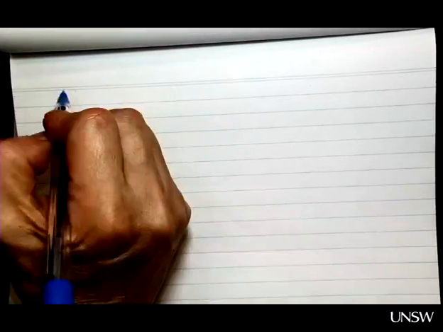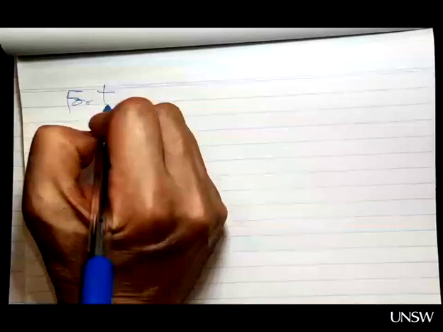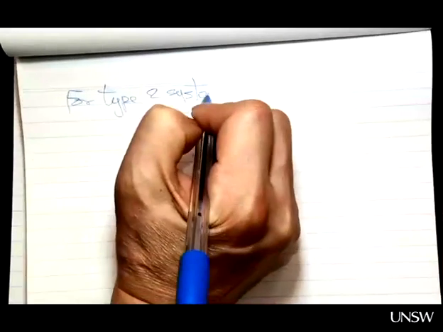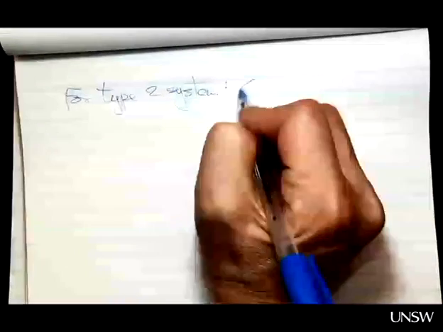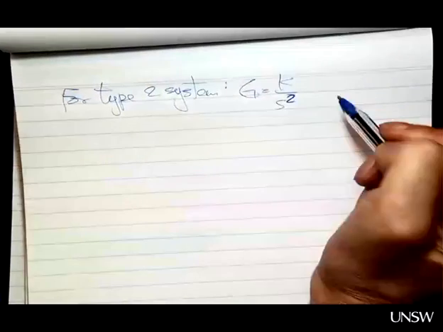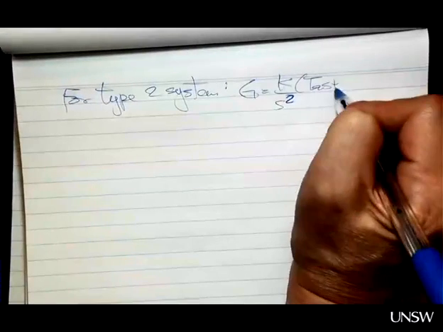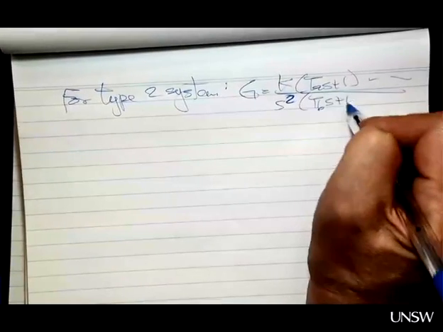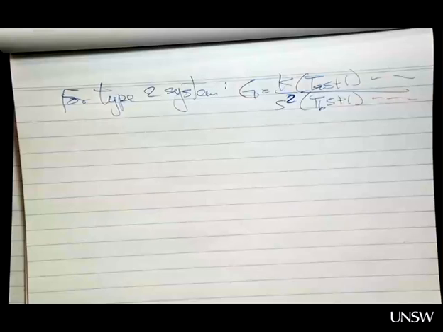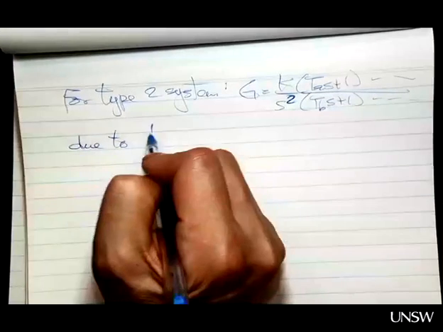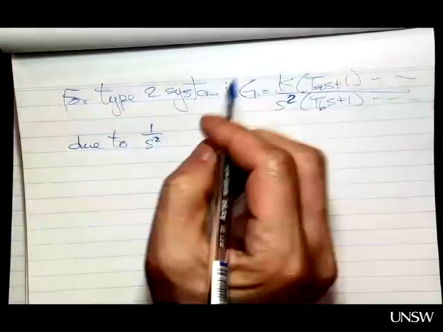So very similarly for type 2 system, we have G equals K and then S squared this time, and then T_A S plus 1, etc., and then T_B S plus 1, etc. And then due to the 1 over S term, or S squared term,